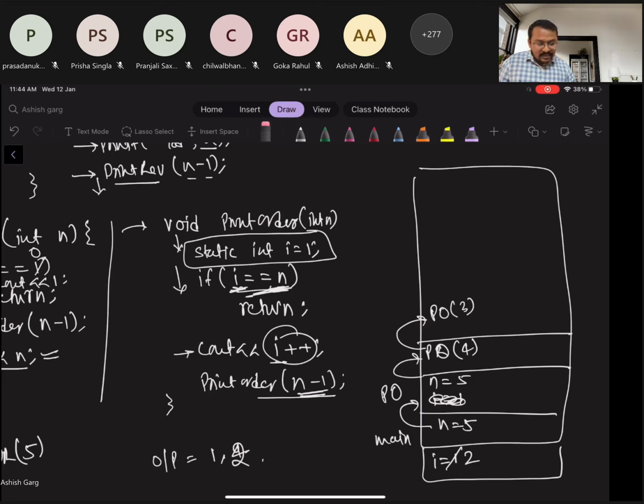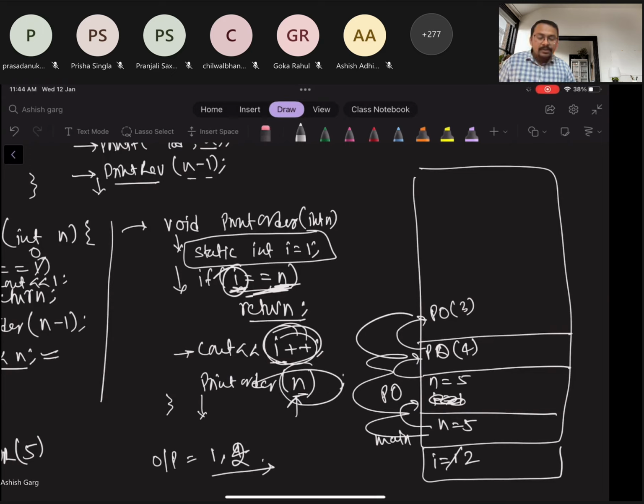Mistake here, so that's why a dry run is required. Why? Because we don't have to do this n minus 1, otherwise n will be decremented and i will be incremented, so it will print only half the values, not the full values. So we are calling with n only every time, though we are incrementing i. So when the incrementing of i reaches n, then we are going to return, and after this all the functions will return directly, that's all. Now n minus 1 is not required, so this is how we can also print the values.